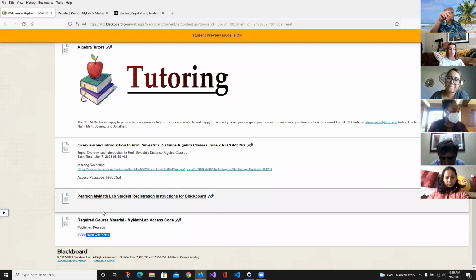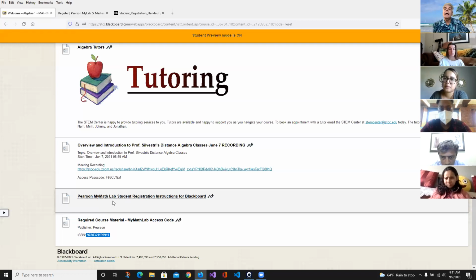Before, about a year ago, they actually gave you a card, and on that card you would pull the tab, and in there the number is located. Again, it's really just to prove that you paid for My Math Lab. Don't throw that code away. Okay, don't throw it away. Just like you don't forget their username and password, because especially Algebra 1 people, you're going to take Algebra 2. You're probably going to need that for Algebra 2 next semester.